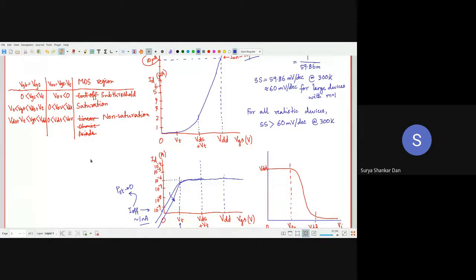So all the circuit designers who know only circuits, or embedded systems people who know only circuits or embedded systems, they will not even be able to make out anything if they do not know the operation of the devices at those technology nodes. That's why I always, in fact, I'll tell you my own story. I have seen my friends who are very good in circuits, okay, but they are stuck at 180 nanometers only.